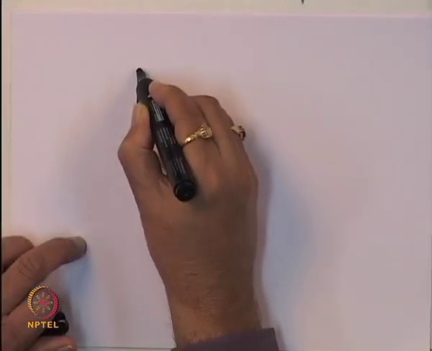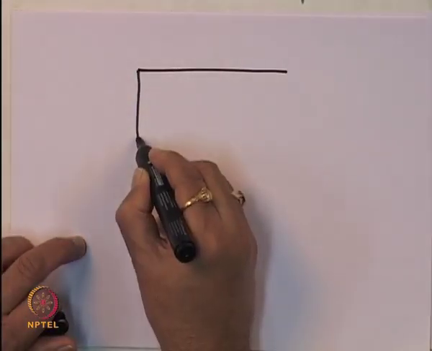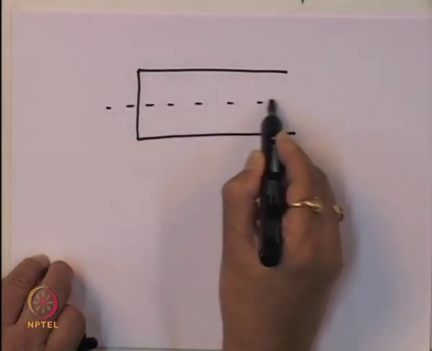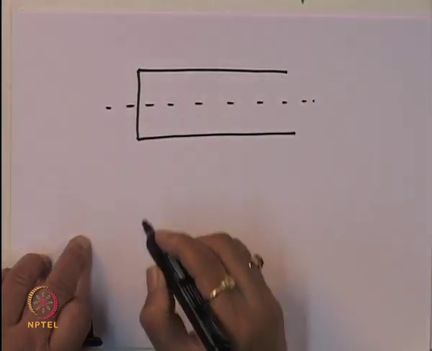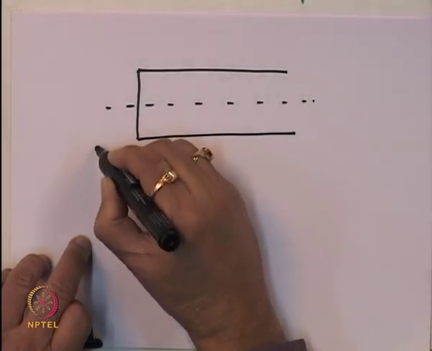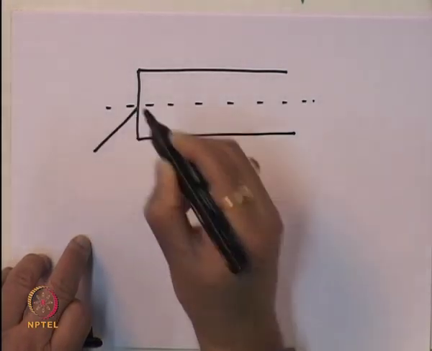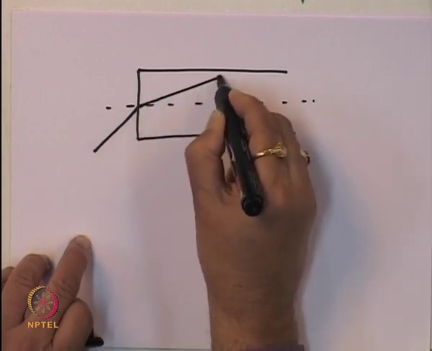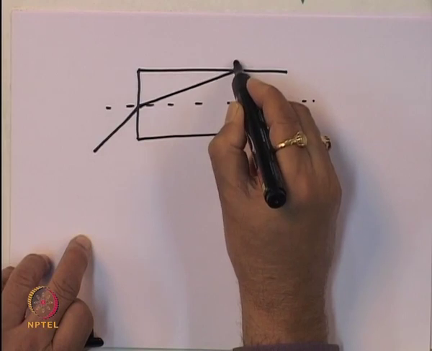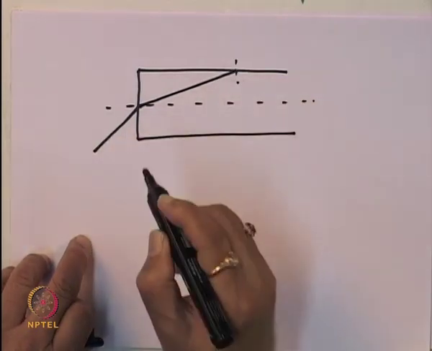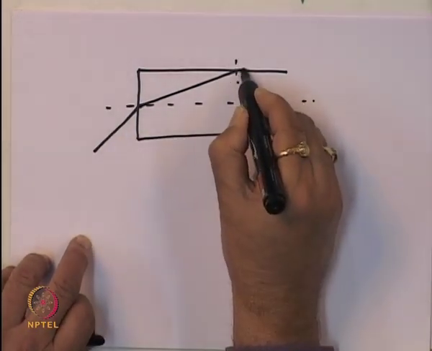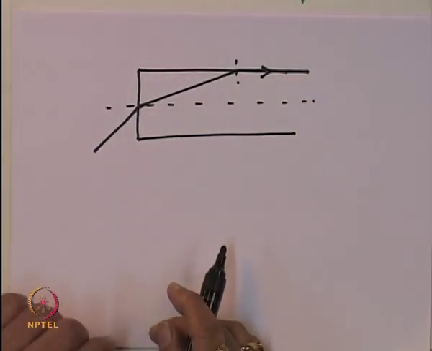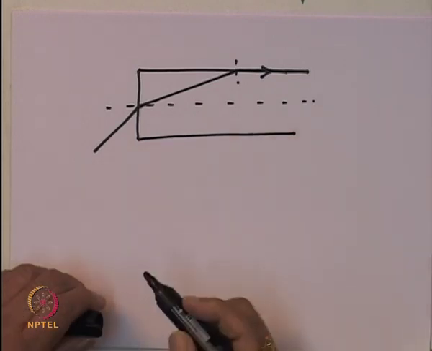a simple optical fiber cross section like that. That is the axis of the optical fiber. When a ray is launched at the maximum possible angle, the ray will be refracted inside this optical fiber and it comes here, and since this is the maximum possible launching angle, the ray actually goes along the edge of the optical fiber or the interface between the core